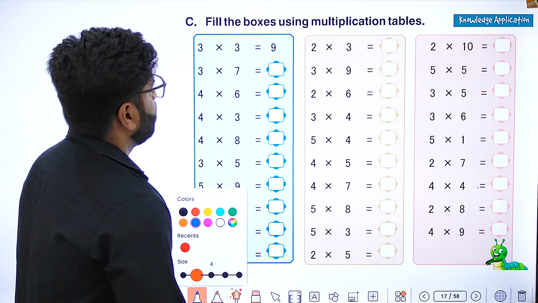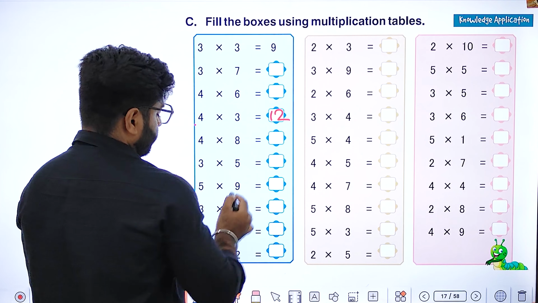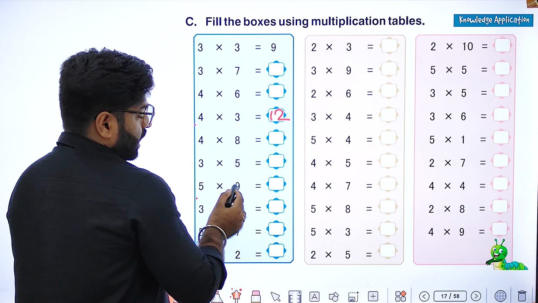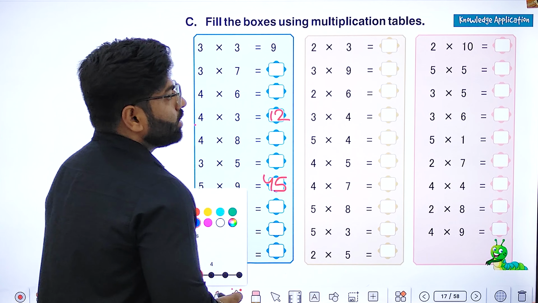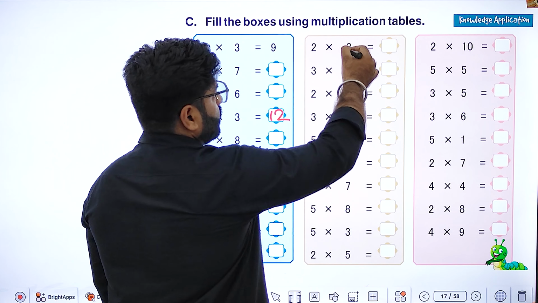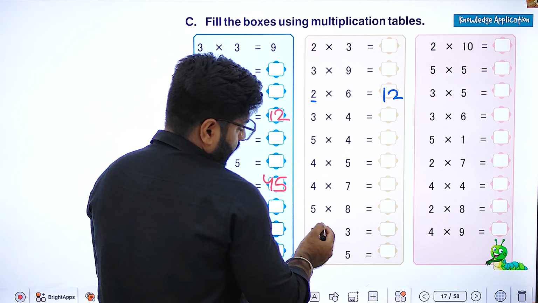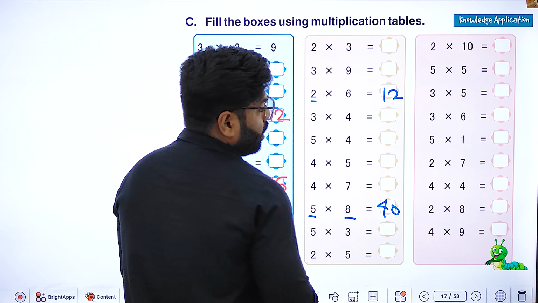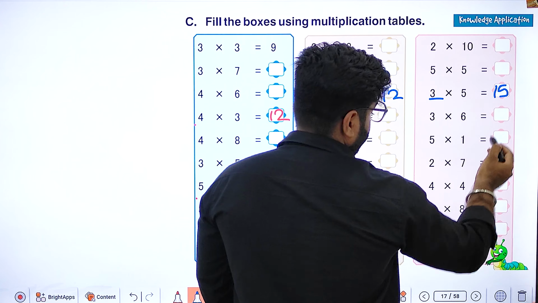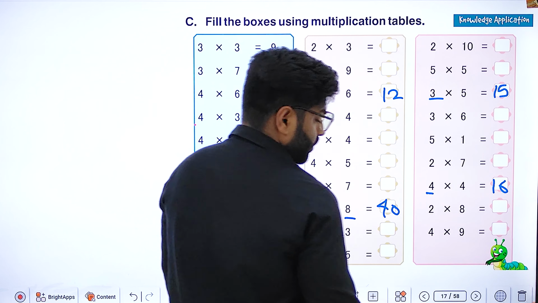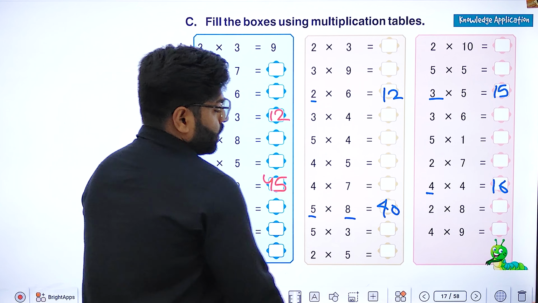Here we have some multiplication table boxes. Let's choose this one. 4 3s are 12. And if we see here, 5 9s are 45. Next part, the rest of the parts are for you. In this table, we have 2 6s are 12. Next is 5 8s are 40. And the third part, that is 5 3s are 15. If you have learned the table, then you can easily solve the multiplication part. Come to our next part again.